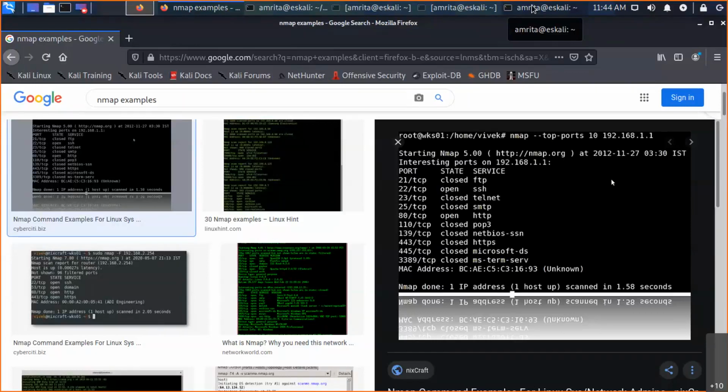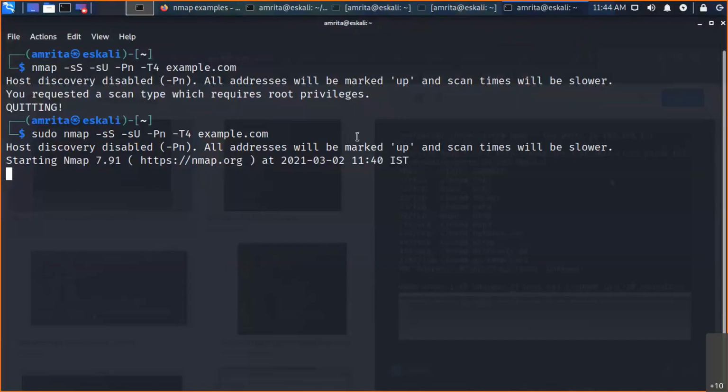Now we are switching to the OS part. We try to find the OS, and if that version of the OS has some vulnerability, the hacker may exploit it through the CVE number available on the internet.